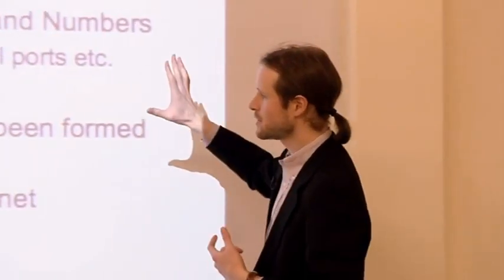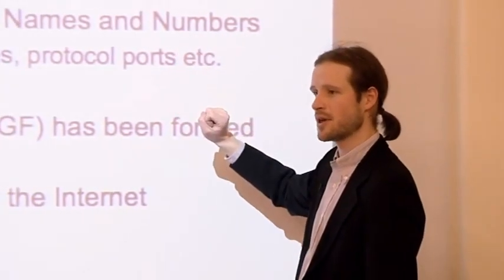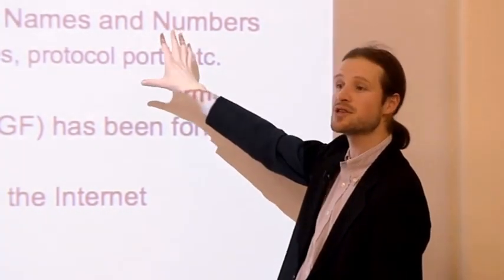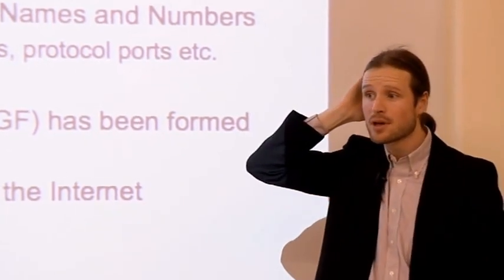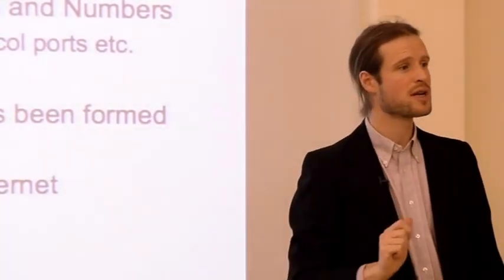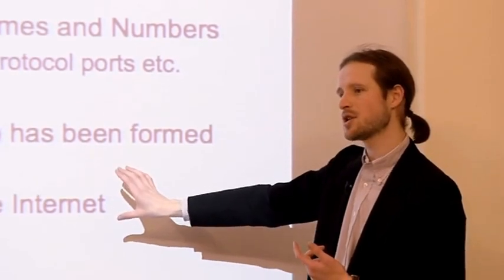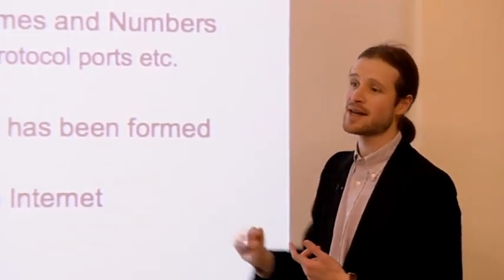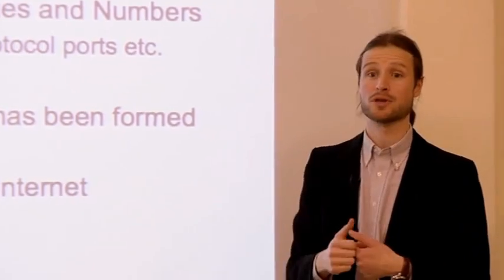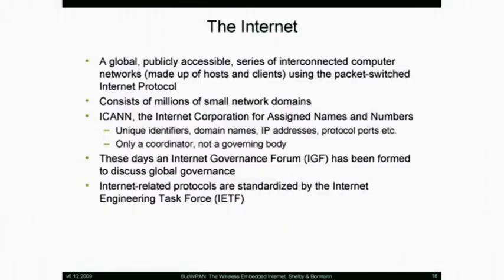There's no real centralized control of this network. That's the other interesting thing. So the only centralized control there is a naming authority. So the only centralized control on the internet is naming. So who gives out domain names, who gives out the identifiers of protocols, and that's it. Today there starts to be some governance things. The only place where there's really documentation about how the internet should be used is from the IETF. And those are just protocol standards, so technical specs. So the internet really is quite a